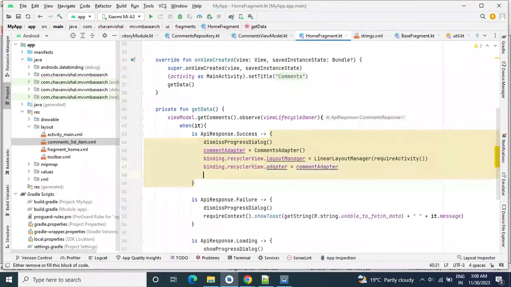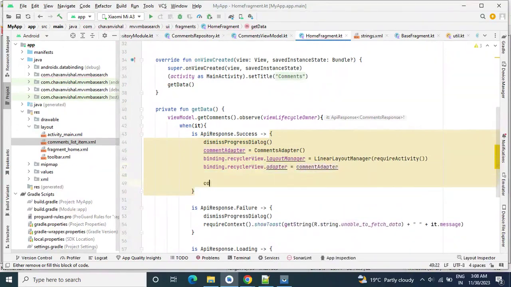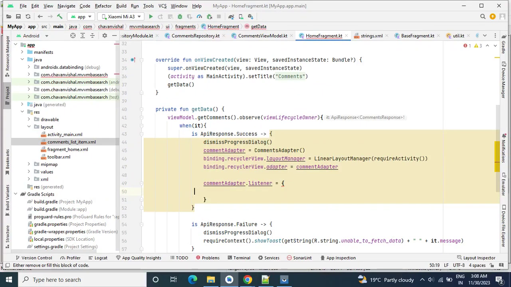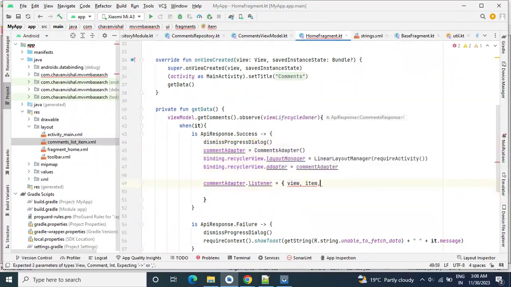And we will handle our click event here, commentAdapter.listener. In the listener we will pass our first value, the view, then second is our actual item, and third is the position.